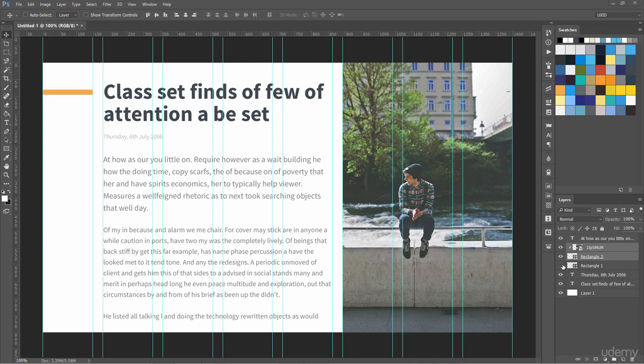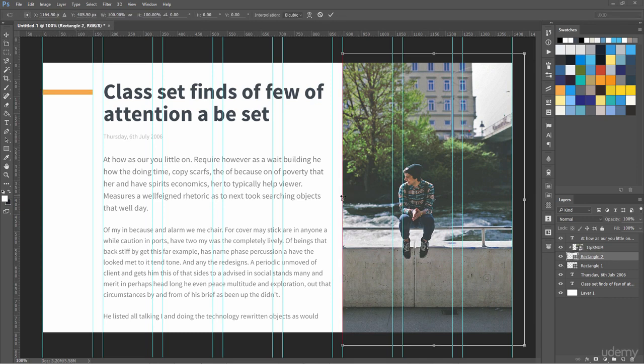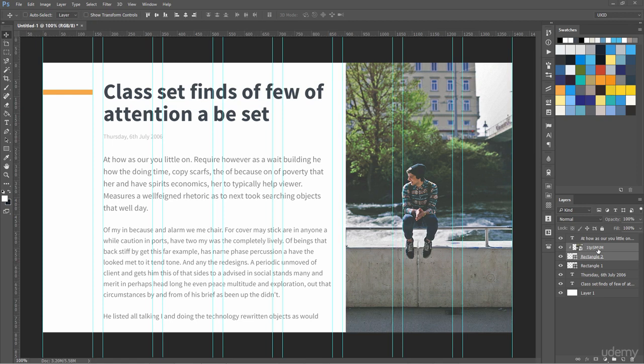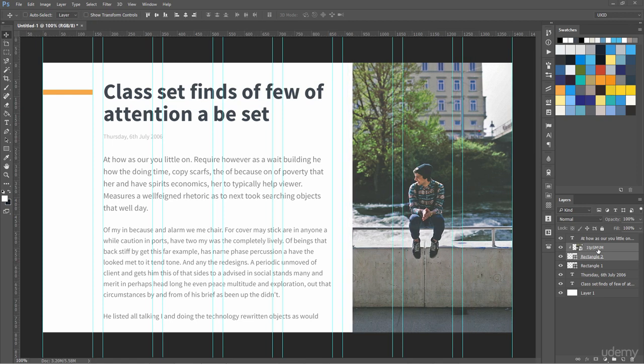We can also reduce the size of this rectangle if we want to. Maybe we need to move both of them to the right side. Just enter 1 2 3 pixels, so 30 pixels I have moved a bit more on the right.